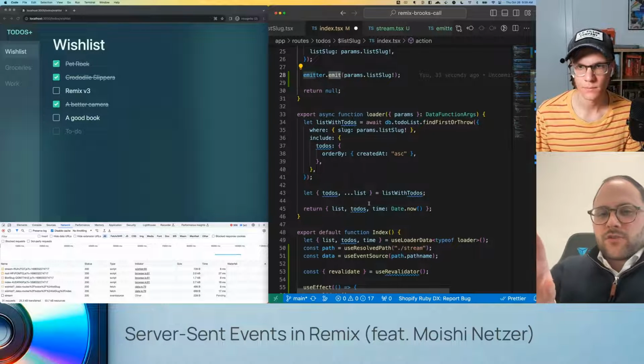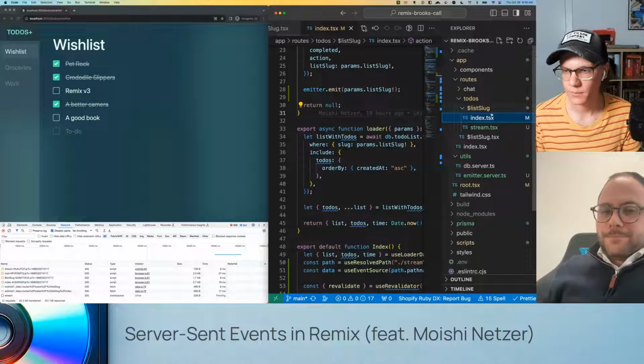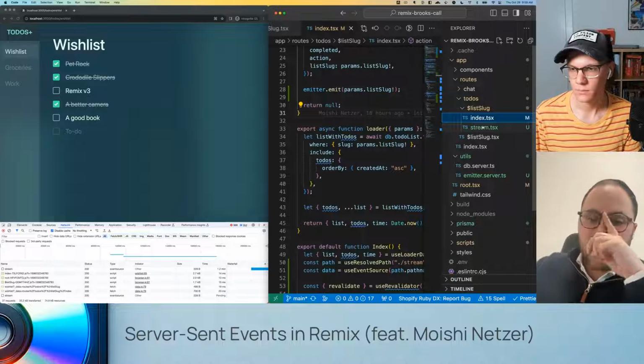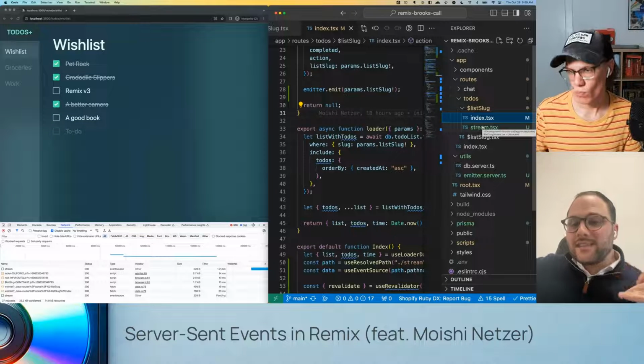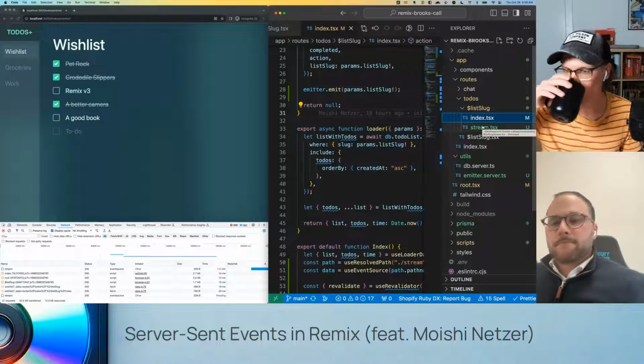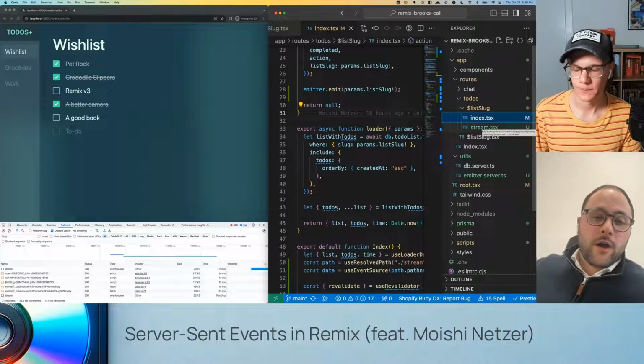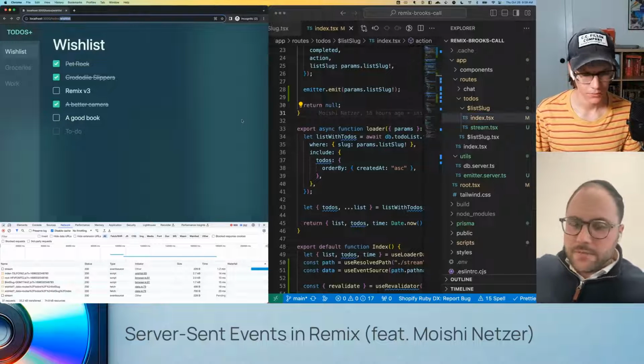You just open the folder structure on the side; it might be a bit clearer. For sure. So you can see the stream is in the same path nested under this slug, and that was intentional, so that we have access to this slug there, right? So we're basically saying, listen to this slug in this stream. Cool.